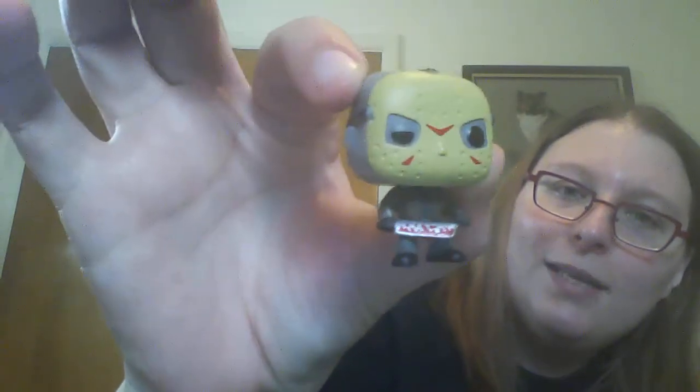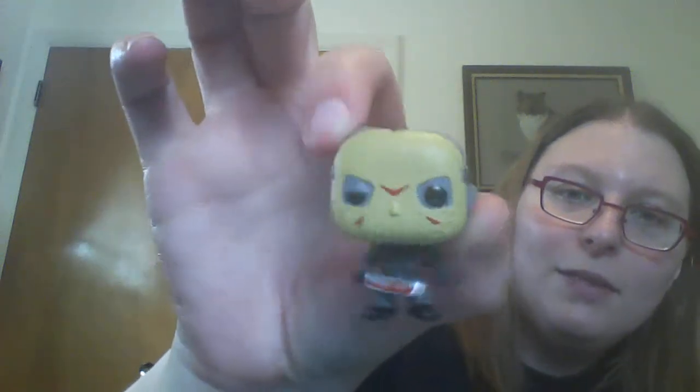But I did go to the other two stores that should have had versions of these where they made them exclusive at each store so they could jack up the prices. There was the Cup Man one at Hot Topic. Didn't end up buying anything at Hot Topic. And Spencer's Gifts didn't even have any really good Funko Pops to buy where they weren't just characters. But he is a cute little Jason, but he was a little steep of a price considering the cereal's only half full. So I probably won't go out of my way to get it, but since I was in Lansing,